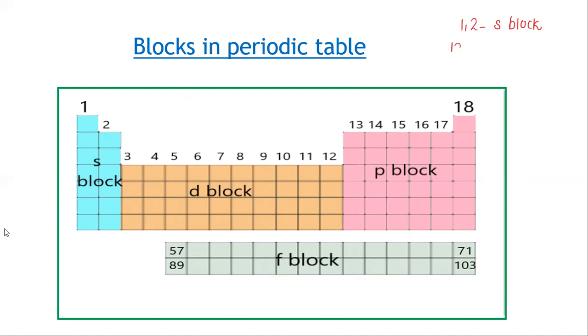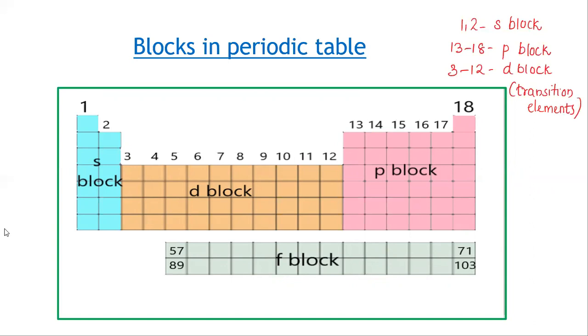Next, 13 to 18 is known as P block elements. Next, 3 to 12 groups are known as D block elements. D block elements are also known as transition elements.